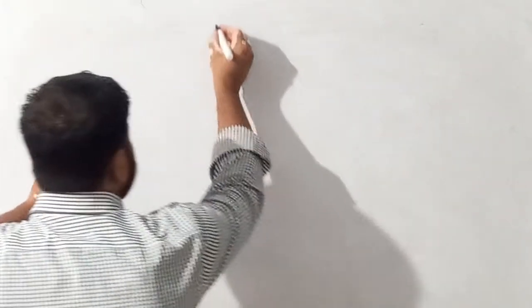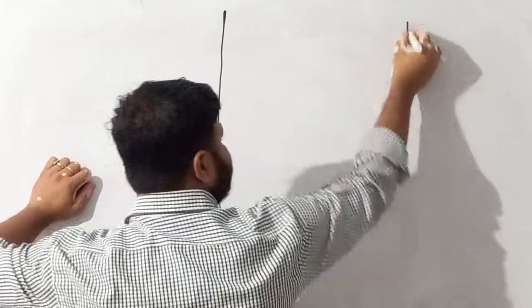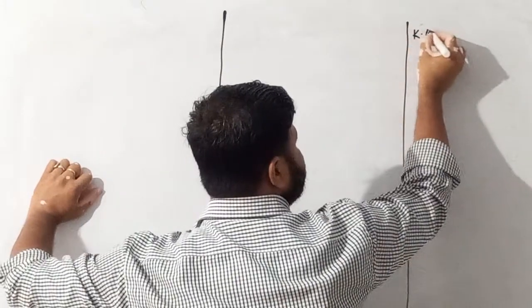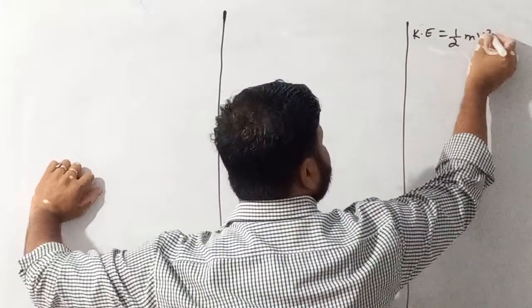It's your fifth lecture. In the last class we discussed kinetic energy. As I already told you, energy is of two types: one is potential energy and another is kinetic energy. When a body is in motion, the energy it has is called kinetic energy. And for kinetic energy, we discussed the relation as well. The relation we got is kinetic energy equals half mv square.